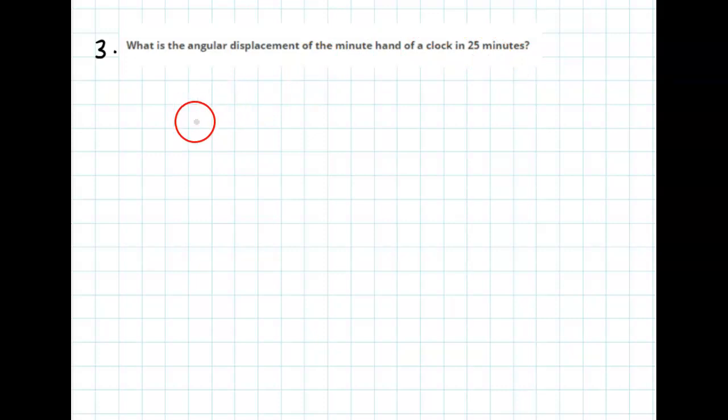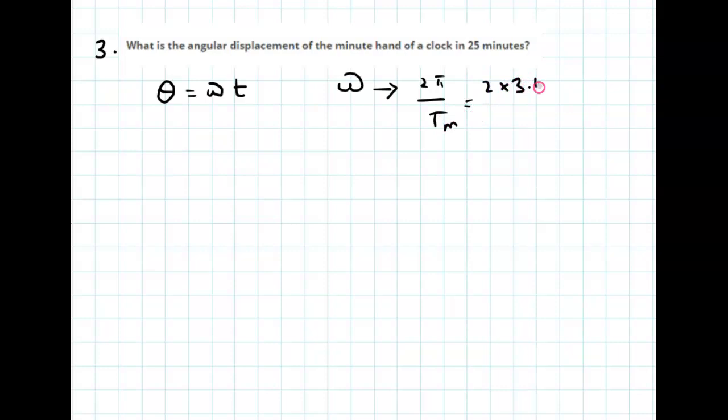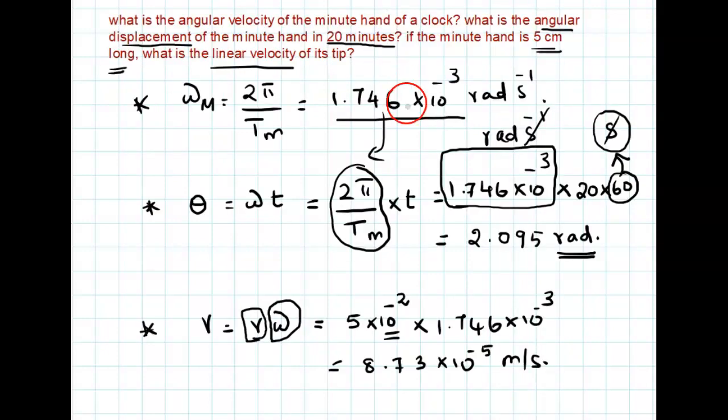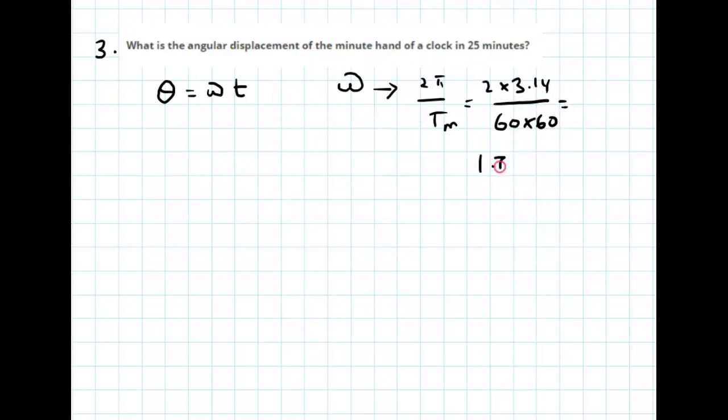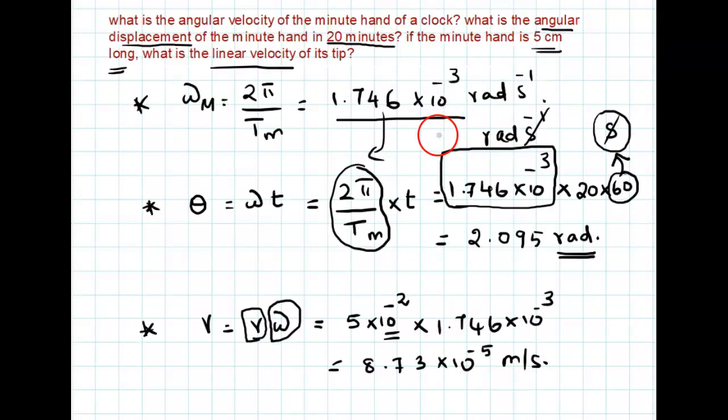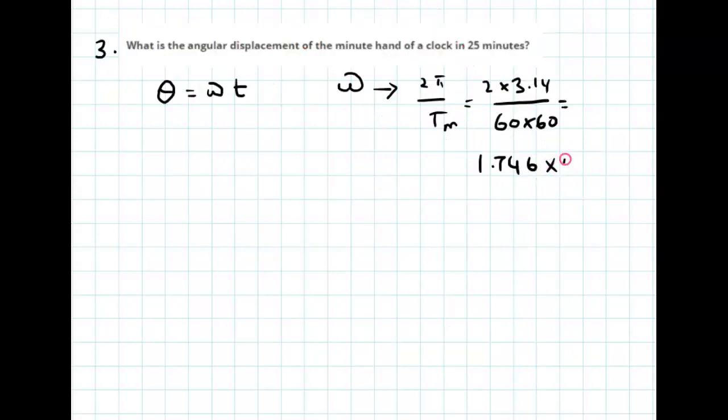So here we know the angular displacement formula: theta is equal to omega t, and already we know the omega for the minute hand is 2 pi by, this value, 2 times 3.14 over 60 times 60 for minutes, right? So what is the value? 1.746, 1.746 multiplied by 10 to the power minus 3